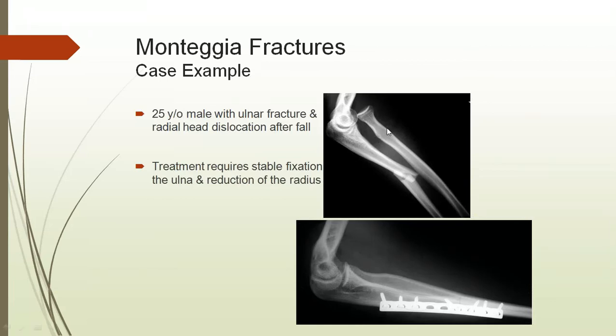Why? Anterior dislocation of radius. Radial head is gone anteriorly. So it is a type 1. Type 1 means, so again you need to fix with the plate, already fixed with the plate. So once you have applied the plate rigidly, then automatically radial head will sit in its normal position.